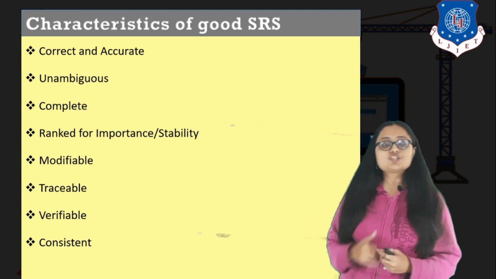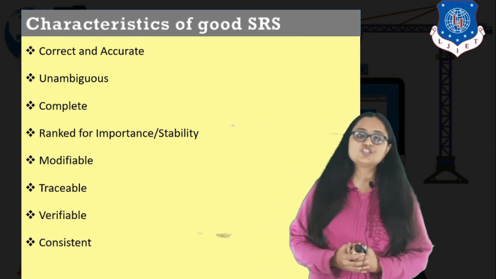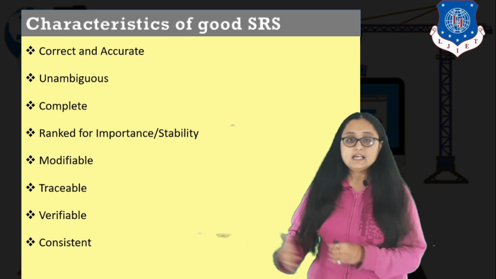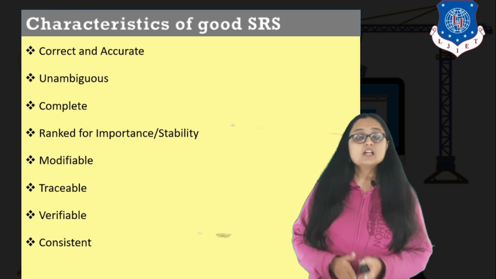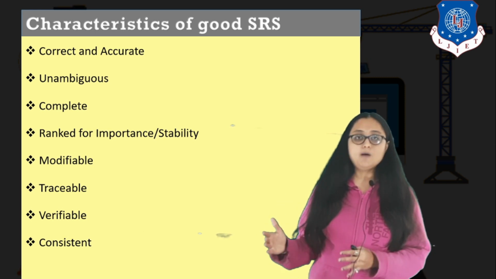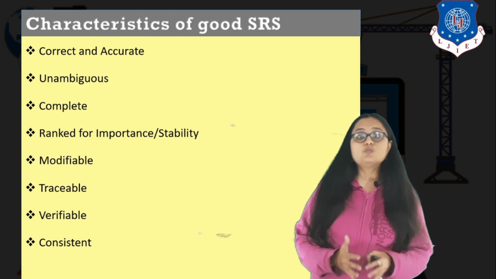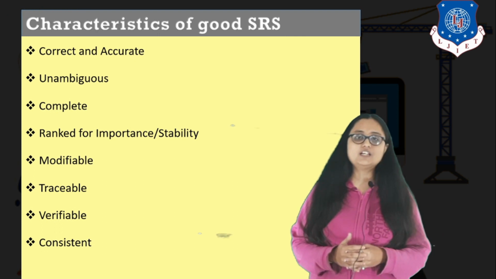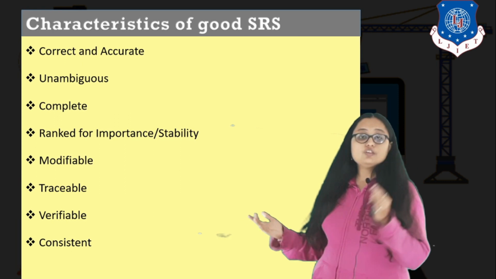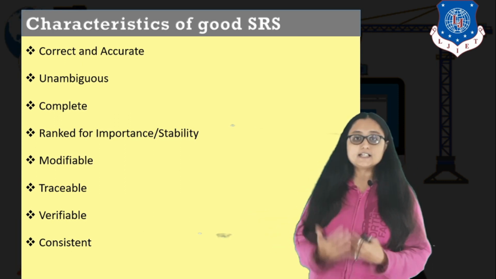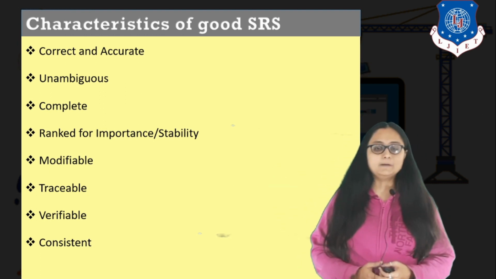The next is that it should be modifiable, because we know that the last task in requirement engineering is requirement management. We have discussed in the previous lecture that requirement management means that during the course of development, if there is a change in requirement from the client, we need to modify everything in the requirement engineering task that we have performed. That includes your SRS as well. So you have to prepare the SRS in such a way that it can include the modification. So it must be modifiable.